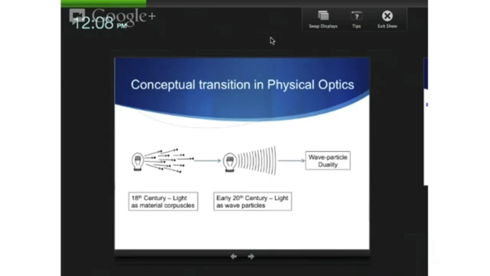Just before I go further, I would like to clarify that with the fluorescent bulb, I didn't mean that they had fluorescent bulbs in the 18th century. Sorry, I forgot to replace that with a candle.